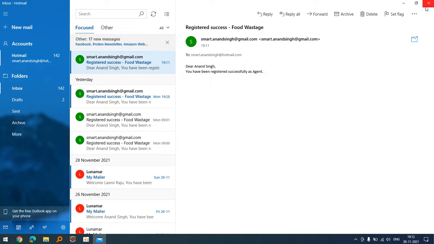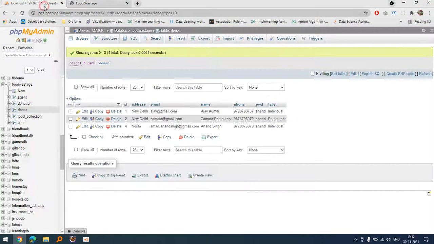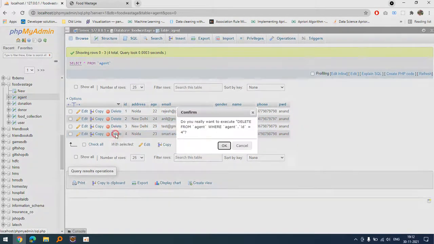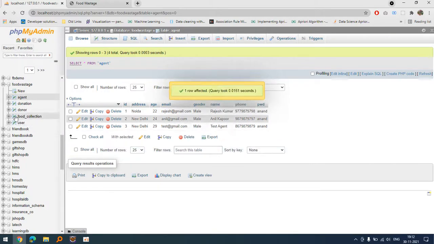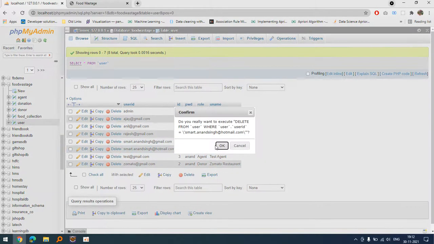Okay, this is not right, actually I forgot to update the template, so that's why. So I delete this user, and the user from this area as well.